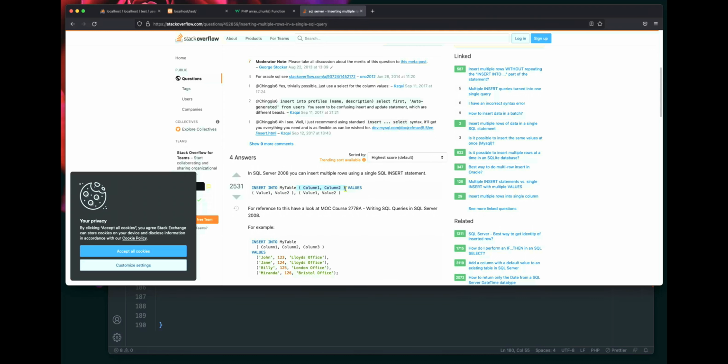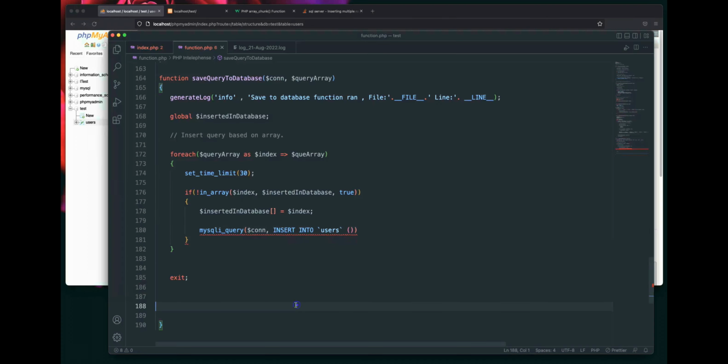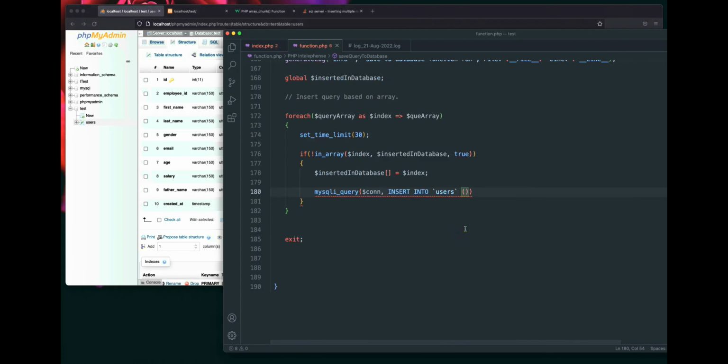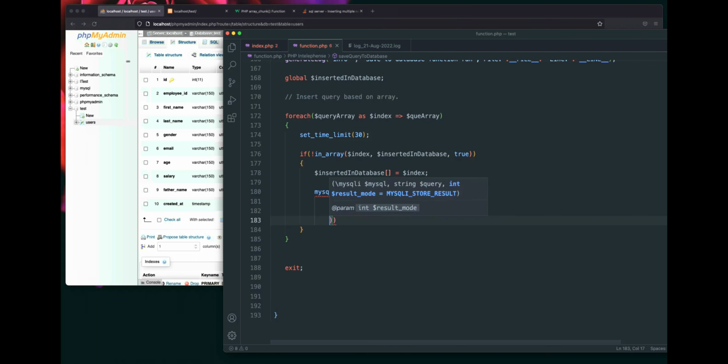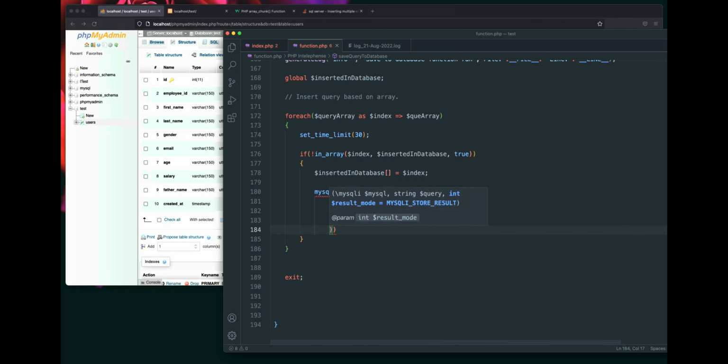We need to tell what columns we have, and if we see the structure here, we have these columns. Let's pass these columns one by one. The first column is going to be employee_id. Let's break it down so it's easy to read. So employee_id, comma, the second one is first_name, then last_name, then